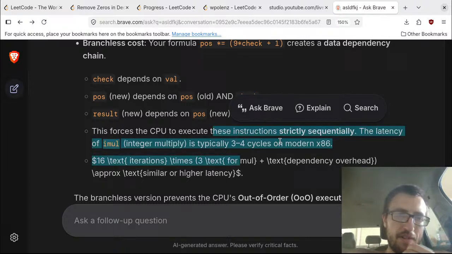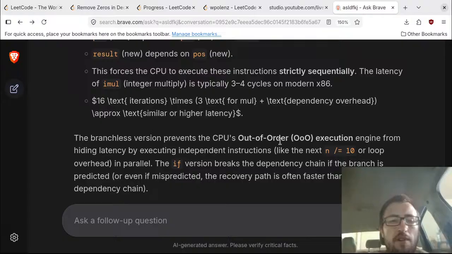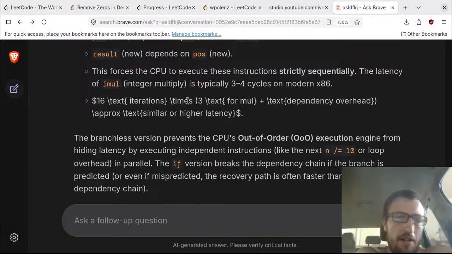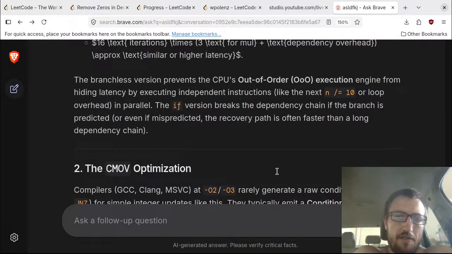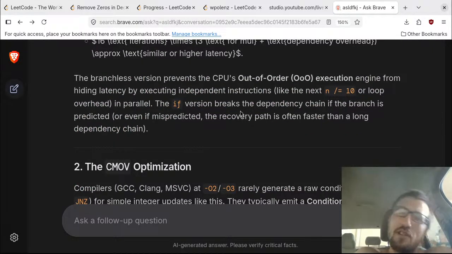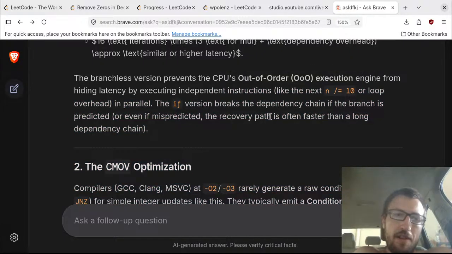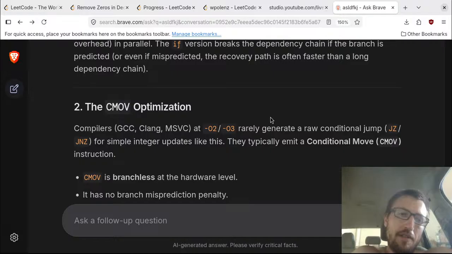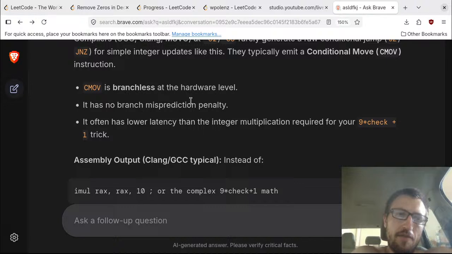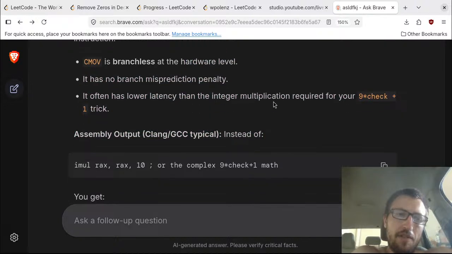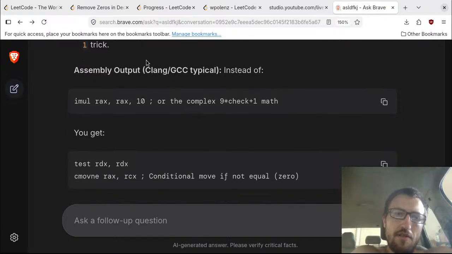Latency is 3 to 4 cycles. Branchless version prevents the CPU's out-of-order execution engine from hiding latency by executing independent instructions like the next n equals 10 and divide equals 10 or loop overhead in parallel. If version breaks the dependency chain if the branch is predicted, or even if mispredicted, the recovery path is often faster than a long dependency chain. Generate a raw conditional loop for simple the conditional move, branchless at the hardware level. There's no branch misprediction penalty. Often has lower latency than integer multiplication instead of